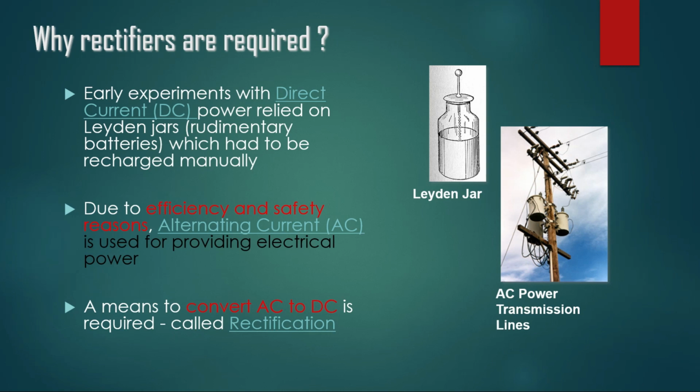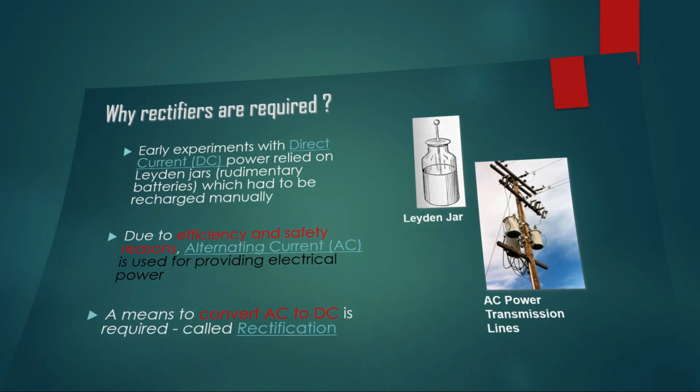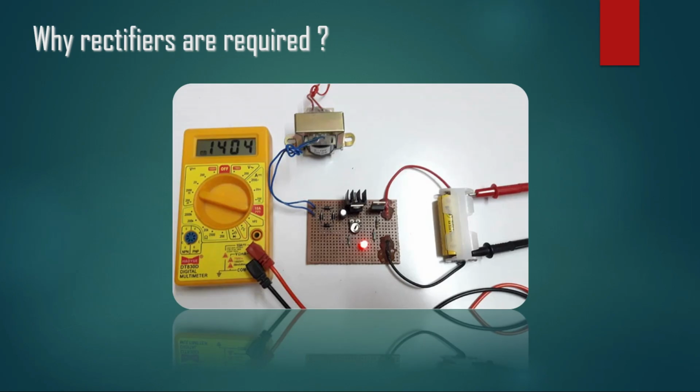Why do that? We get AC current from the electricity board, and that AC current is used for many different practical gadgets we use. Suppose you want to charge a battery. How will you charge the battery? Battery is a DC source, but what we get from the supply is AC. So first that AC should be converted into DC, then only we can use it. Mobile phones or any other gadget with DC batteries require current in DC form, but the supply voltage is AC, and that AC value is also higher, 230 volt, 240 volt.